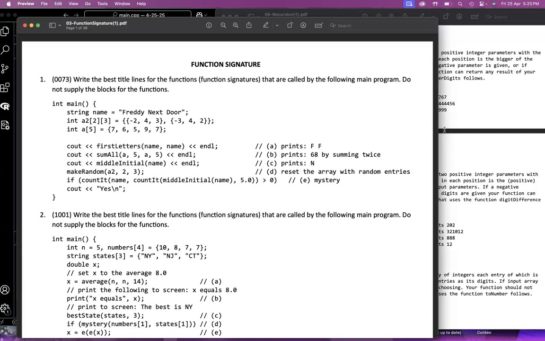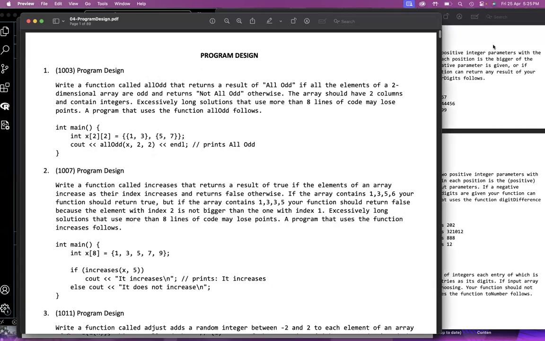I guess we'll do array questions if that's possible. I think this is pretty much the same as exam one stuff, like the title lines, aside from